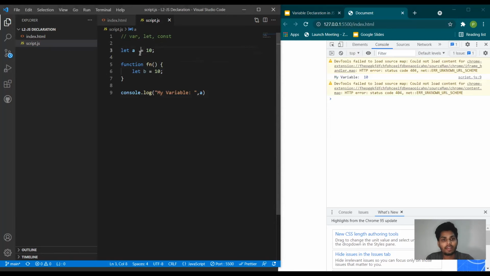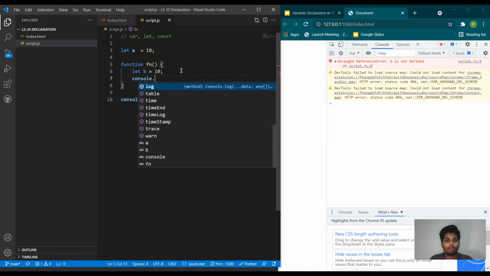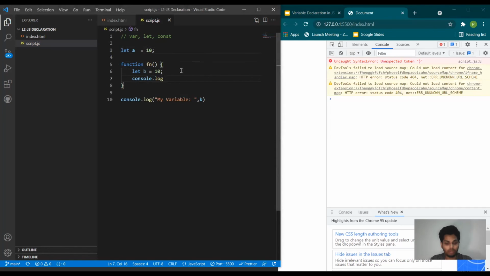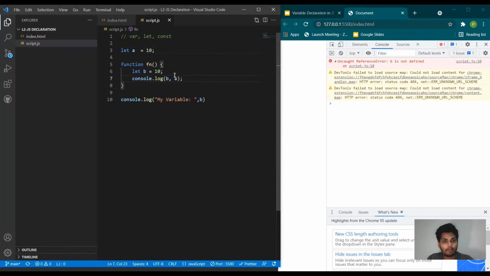So as you can see, I can access a in this case but not b, because b is functional scope. It is giving me an error. But if I try to access a and b inside the function, that will be possible, because we are consoling b inside its scope, and also a, since that is global. It will check whether a is present inside its function scope or not. If it is not, it will move to the higher scope, that is the global scope in this case. So it will be able to print both the values.